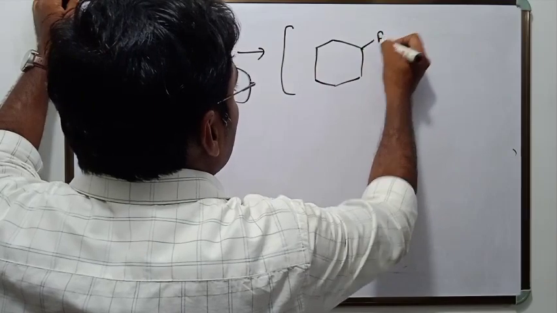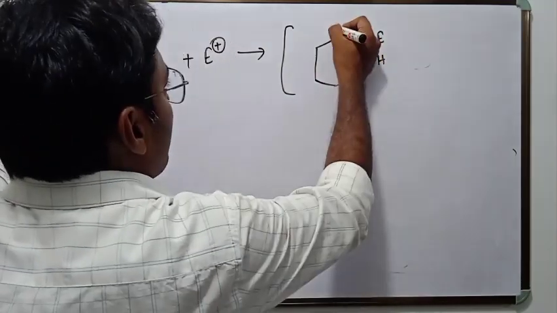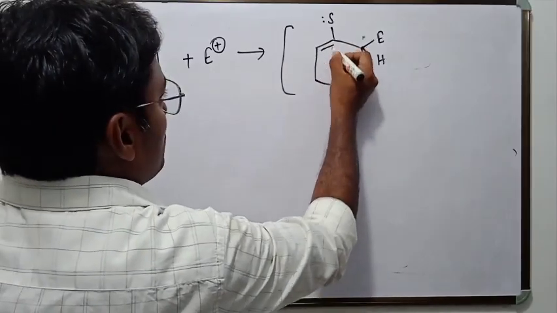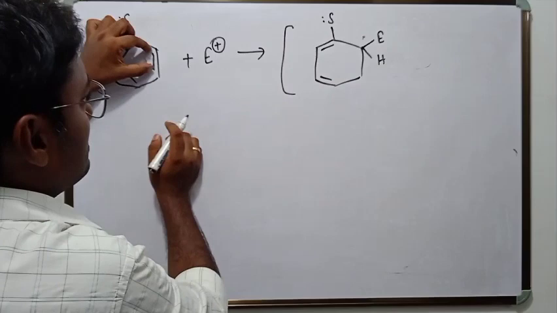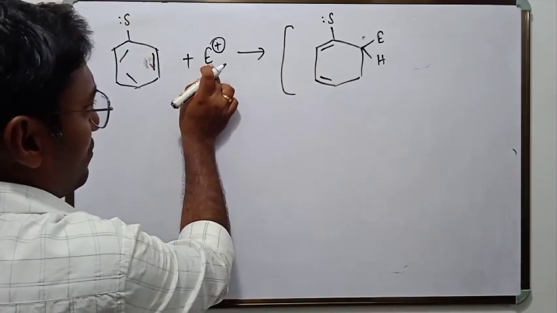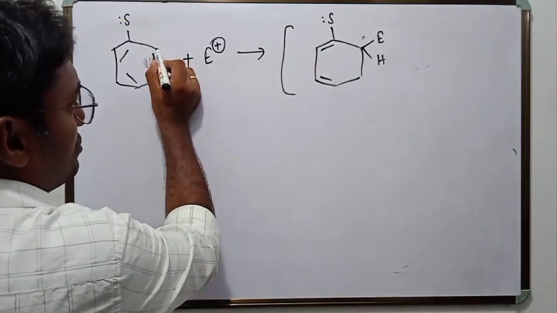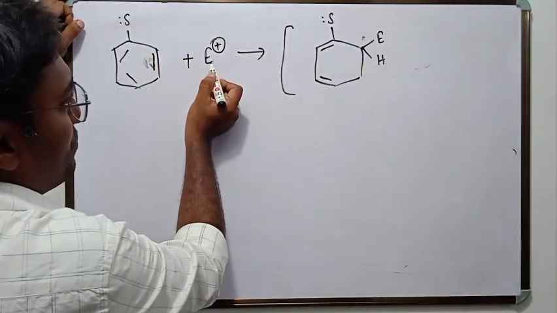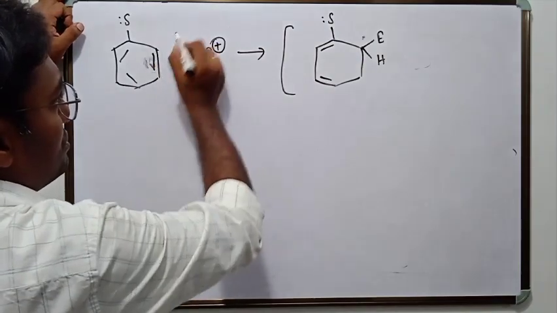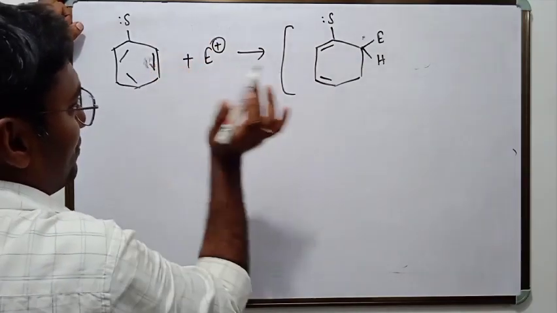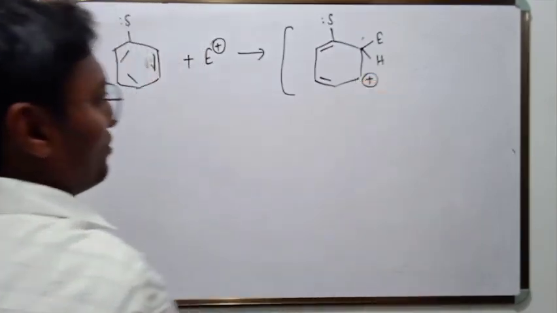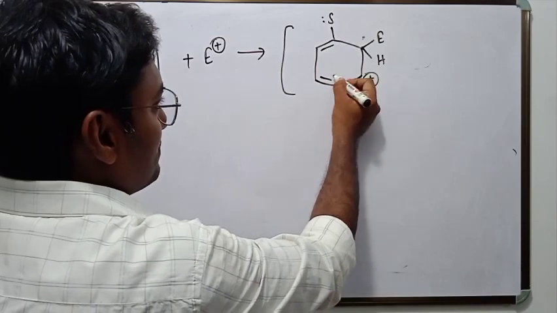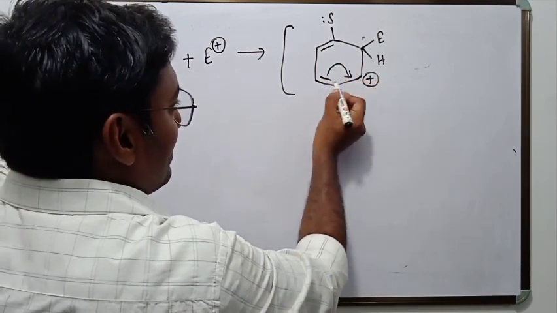Ortho is this. S is here with its lone pair. These two are intact, nothing happens to them. This electron pair has been given to the electrophile. For this carbon there is no loss. This carbon's electron is still here, while this carbon's electron has been given to the electrophile, right? It has just switched to this electrophile. So the positive sign comes here, no doubt. Now this is deficient. To negate this positive charge, this would come here, and the positive charge would come here